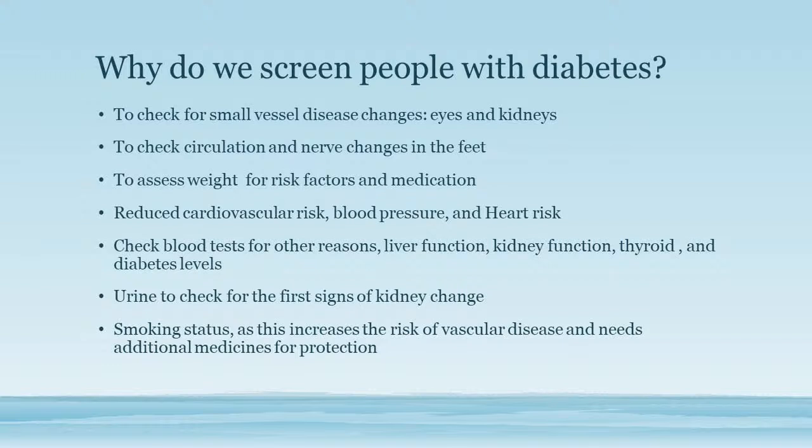So small vessel disease, the first vessels we're looking at are the vessels at the back of the eye. And I've got some fantastic pictures of the back of eyes. If Tom wants to have those and tweet them out, I just thought it might be a little bit too much. So if you think about micro vessels, they're small vessels, and these can be affected in the eyes and in the kidneys. So these are the reasons why we have these checks,